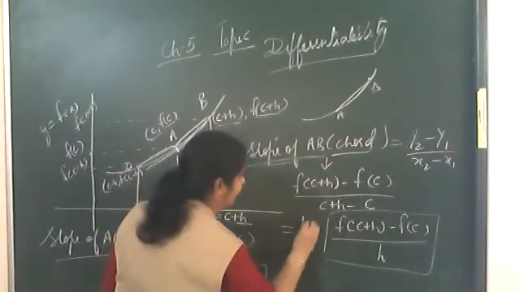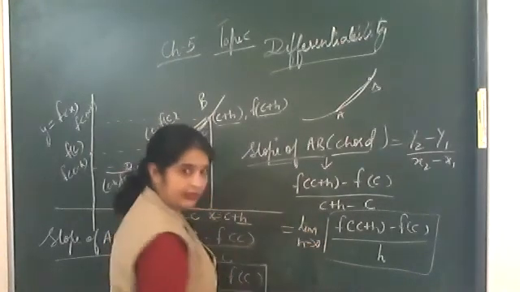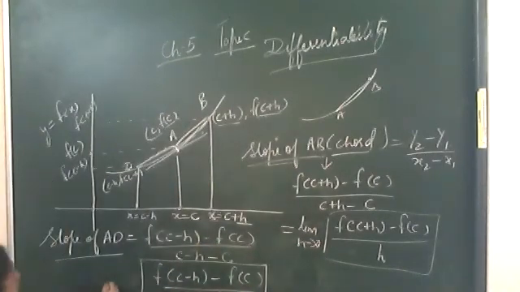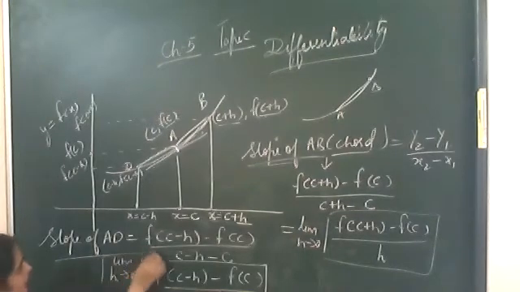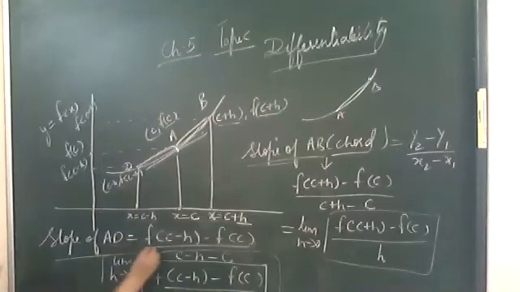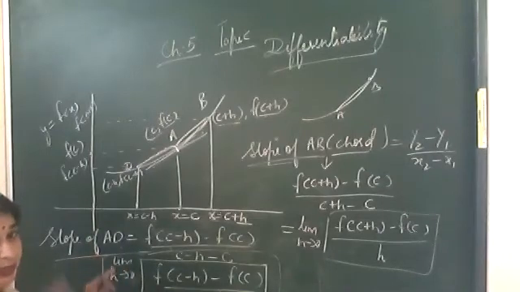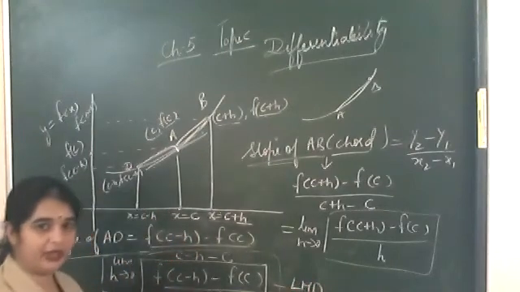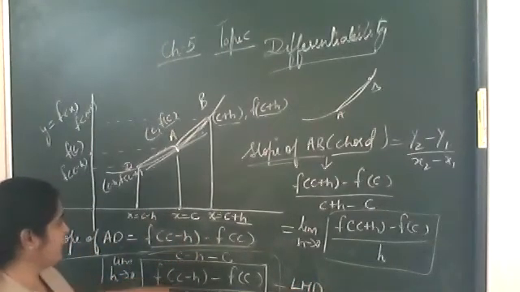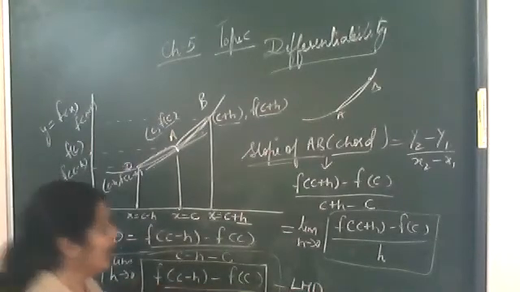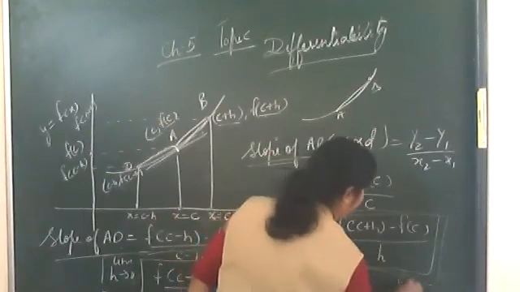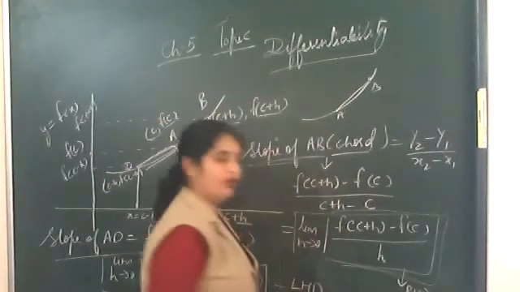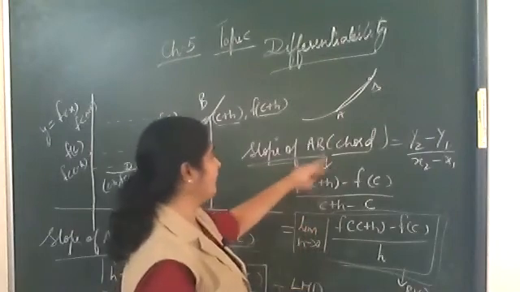Now, just see here, we were having this much. Now I told you that limit H is tending to 0, here also and here also. Now these two things are not equal. This is the slope of AD. Now this limit H is tending to 0. Do you remember what it is? Just see the previous one. This is your LHD, your left hand derivative, isn't it? Limit H tending to 0, F of C minus H minus F of C upon minus H. And this is your right hand derivative. So when you are not putting the limit, this is the slope of AB and AD.